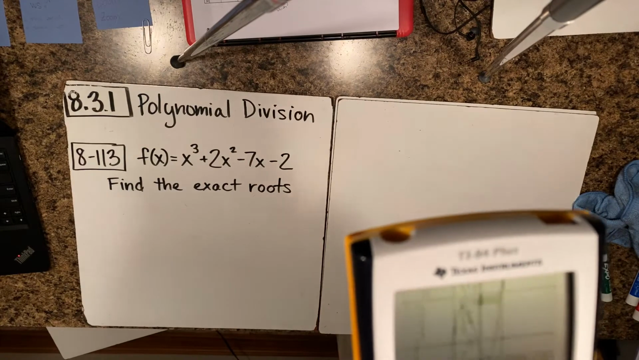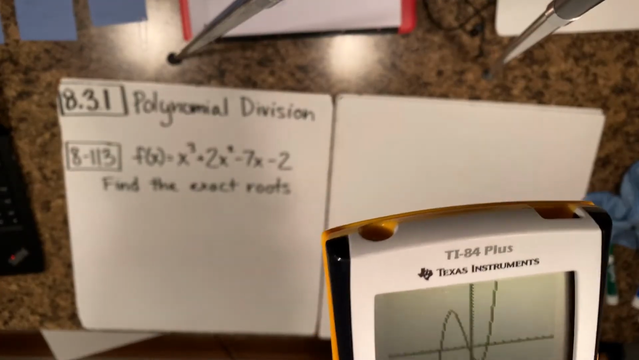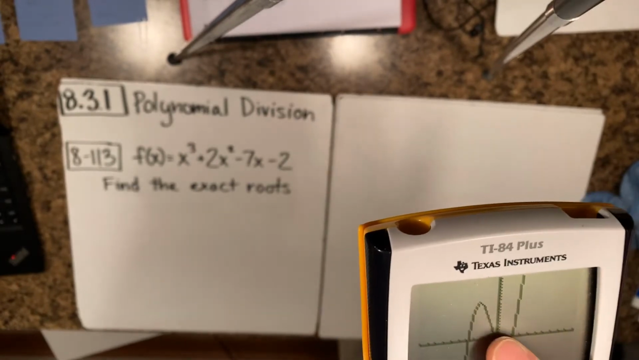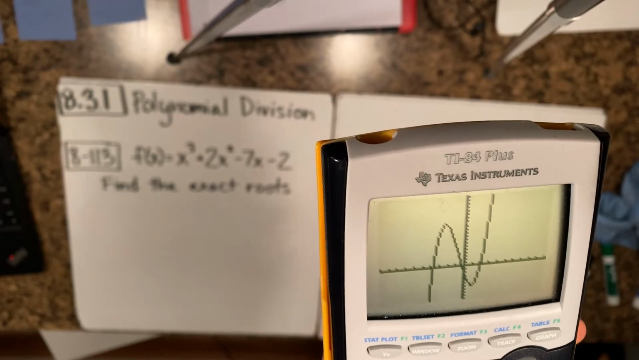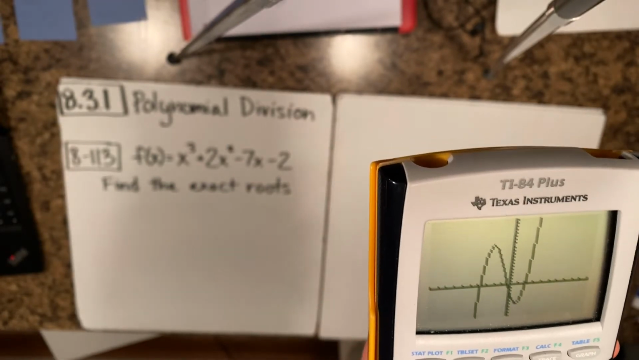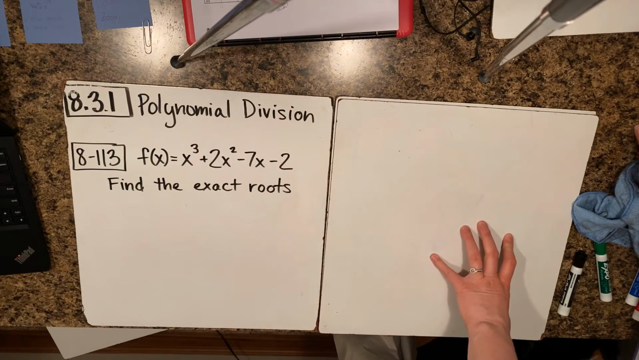I know lots of you would say, okay, just hit second, trace, or trace in general and figure out where those 2 other points are. But I promise you that those will not give you the exact answer. It will just be approximate. So we want to be able to use polynomial division in order to find the exact roots